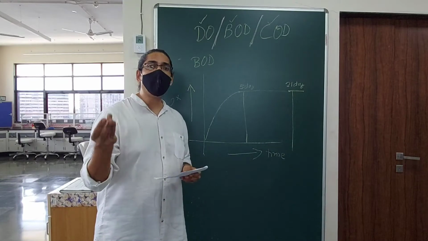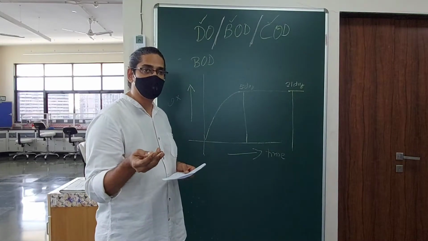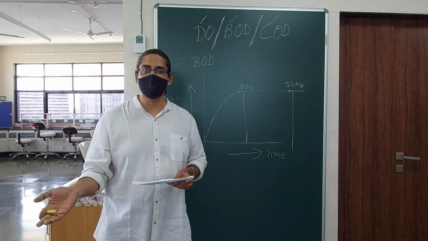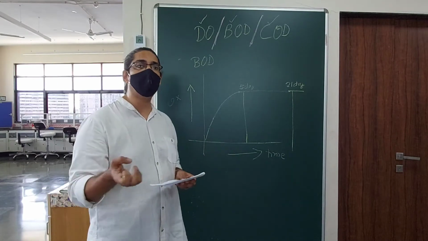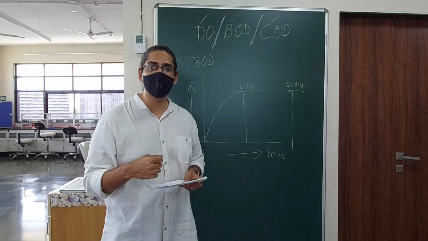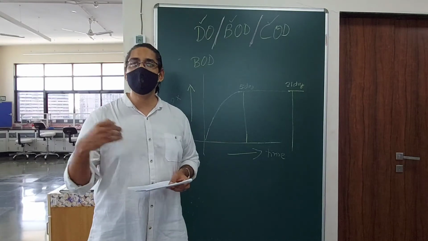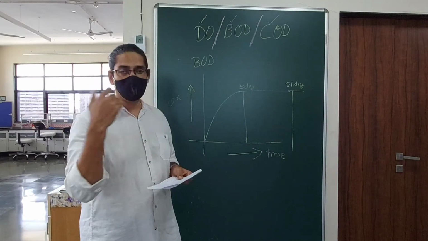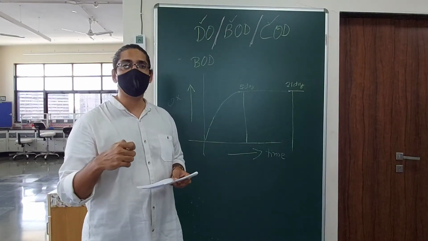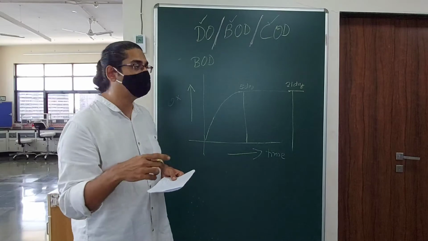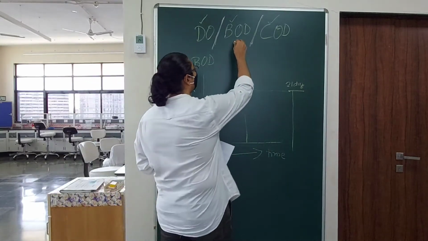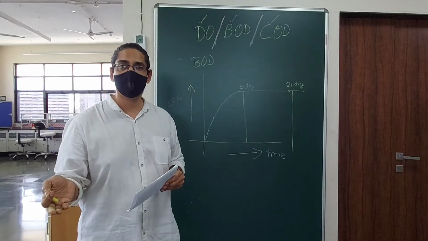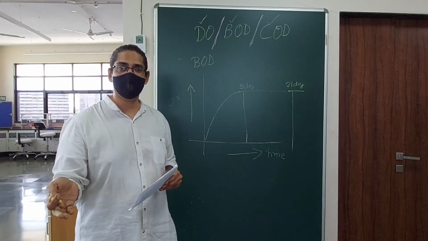Okay. Now, what are the ranges? For potable water, the BOD is ideally 0. You don't want any organic impurities in your drinking water. Neither do you want any chemical, non-degradable and degradable put together, in your water. So you would prefer that both BOD and COD are nil. That's the ideal scenario, a wishful thinking.